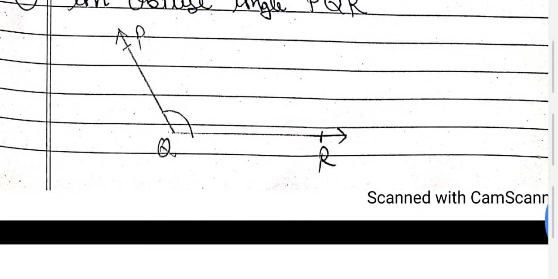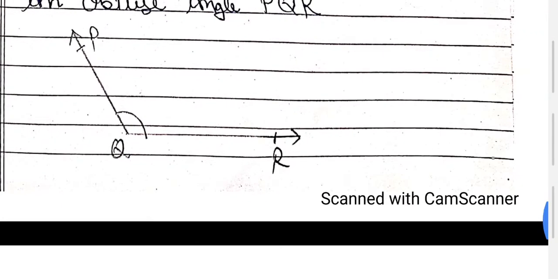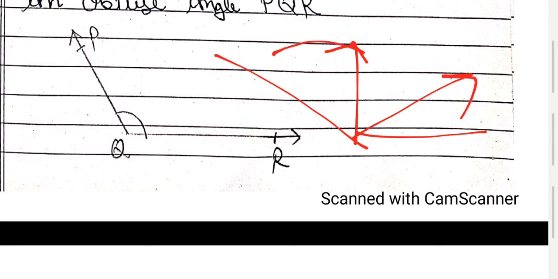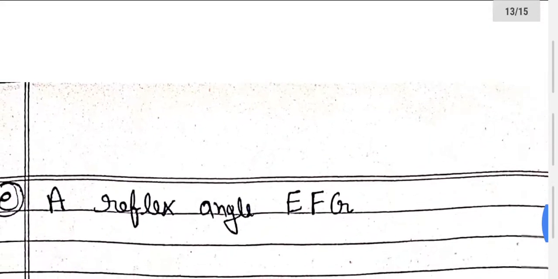Obtuse angle. Obtuse angle is greater than 90. So this one is 90, as you know, the straight one. So you take some extra part, so it becomes more than 90. So it is then known as obtuse angle. How to draw? Just draw one line. Suppose it is 90. If they want acute, you take less than this line because it is less than 90. If they want obtuse, take more than this line because it is more than 90. So this is known as obtuse, this is known as acute. So you can draw this one also.